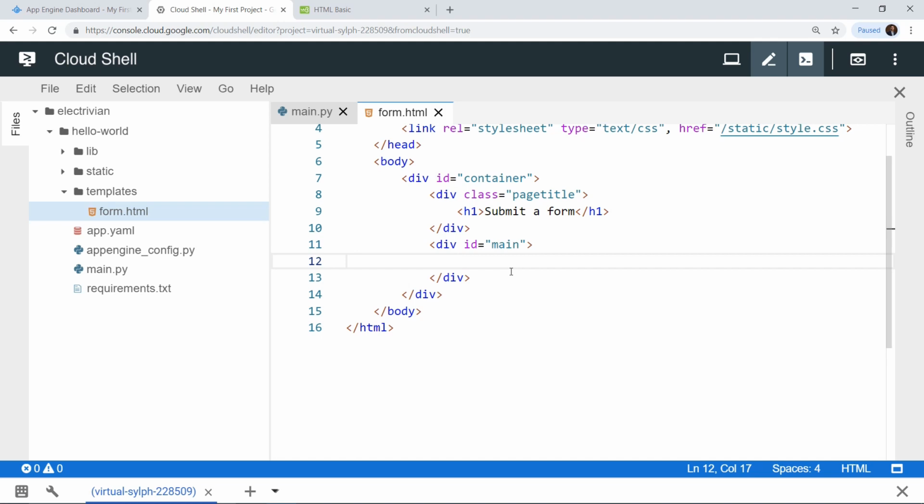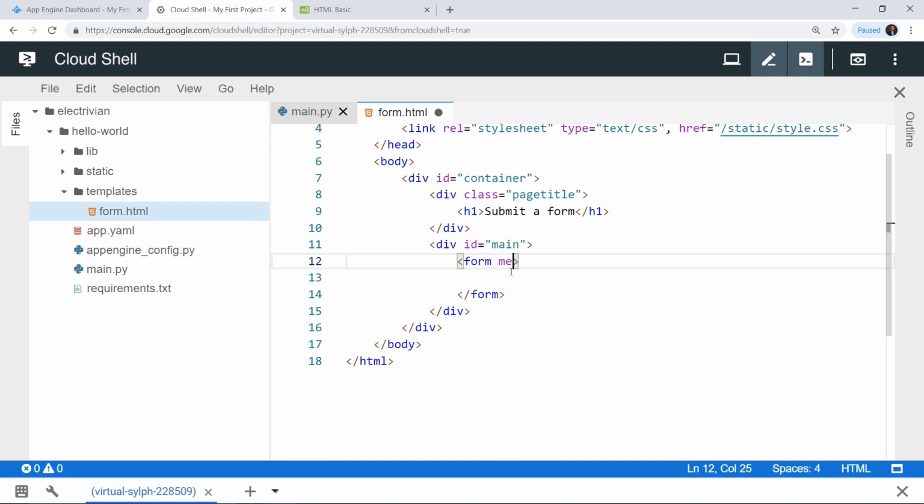Okay, so now we are going to create a new form object. Okay, so to do that, first of all let's create a form tag, and then let's close the form tag. Okay, so now we have created a form tag and then closed it, but now we also want to specify some sub tags inside the form tag, or some key value pairs.